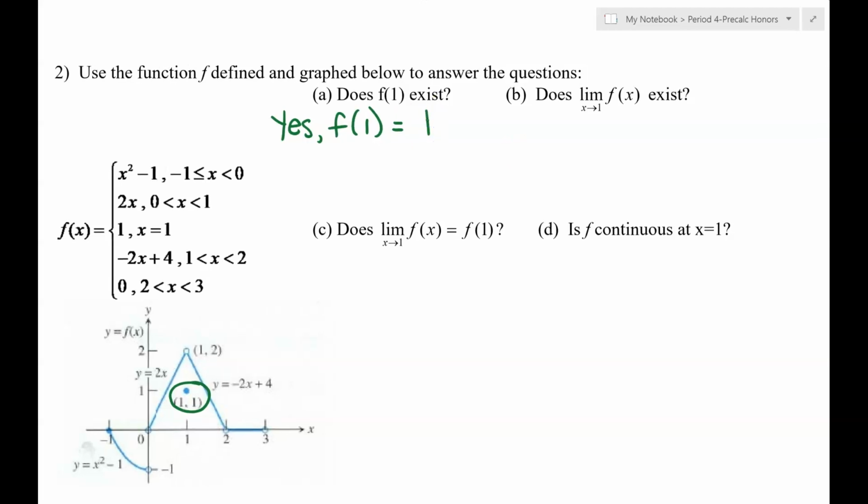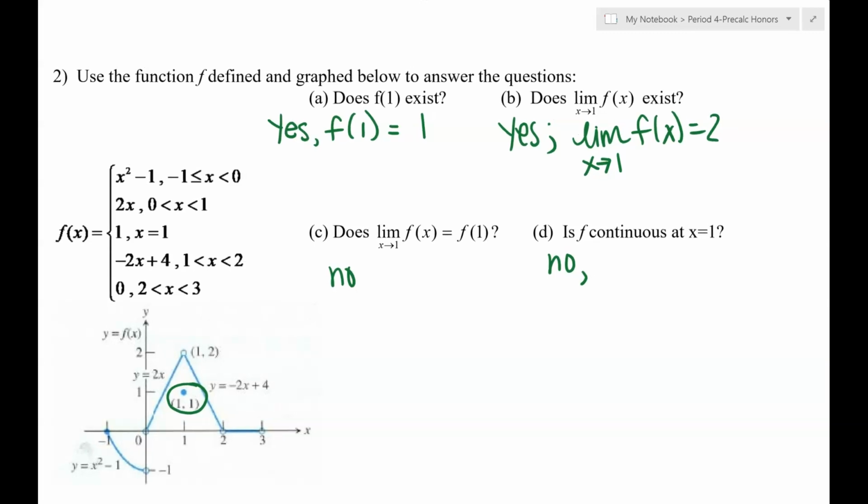Okay. Does the limit as x approaches 1 exist? Yes. What is the limit? It's 2. So the limit as x approaches 1 of your function is 2. Does your limit equal your algebra value? No. Based on that, is this a discontinuity? Yes, right? Is f continuous at 1? The answer is no. It is not continuous because